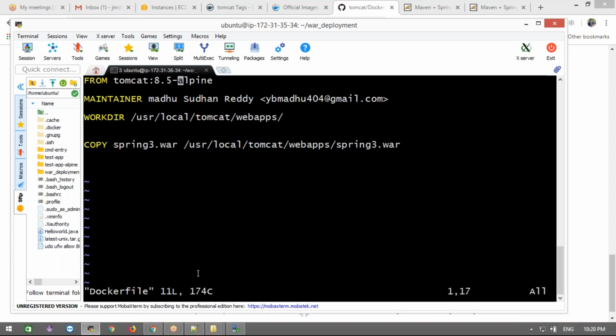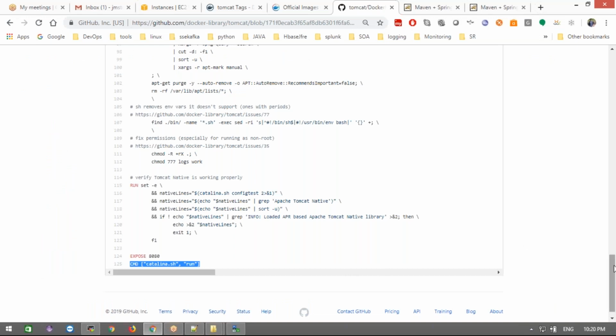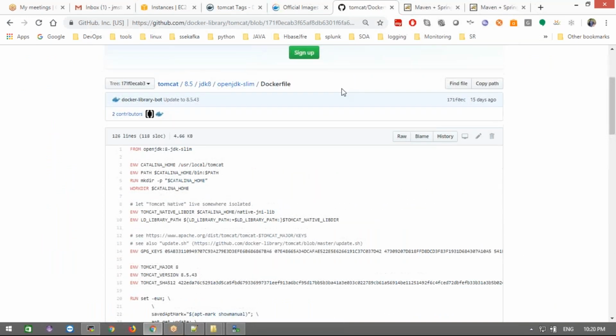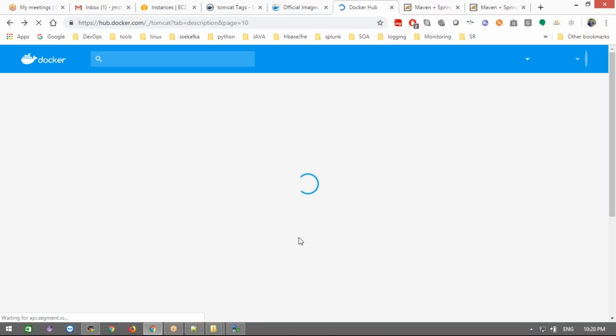Madhu, instead of build, can't you pull the image first onto your local machine? Yeah, docker pull is also fine. Both are the same, Vinay. You can try that one, right? Yeah, I'm going to try this one first. Let's wait, I will take another tag. I'm just showing the difference between the alpine image and Ubuntu, which we covered in the last class also.